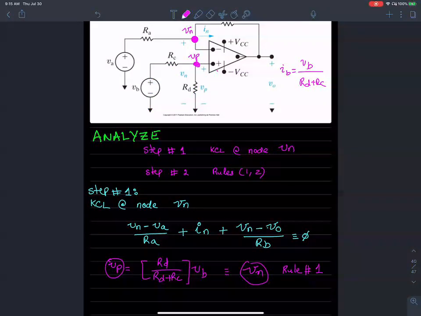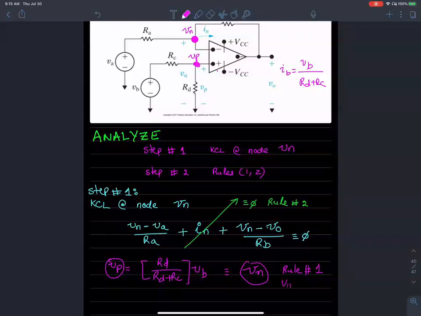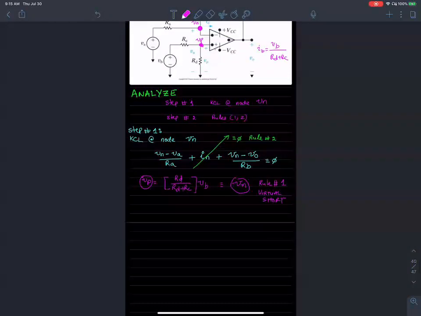That the currents at the positive and negative terminals are equal to 0. This current IN is equal to 0 because of rule number 2, which is infinite input resistance. Rule number 1 tells me, because of the virtual short, that Vn equals Vp. So now I can plug in these values. Once I plug Vp in for Vn, I'm going to get an expression that looks like this,